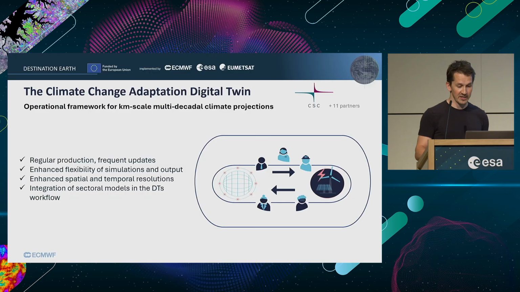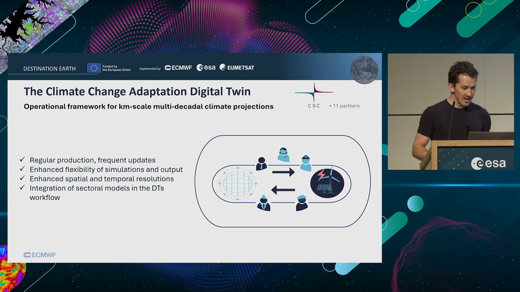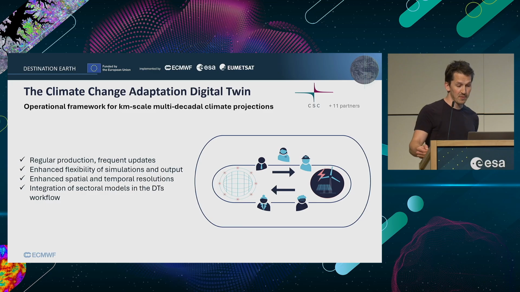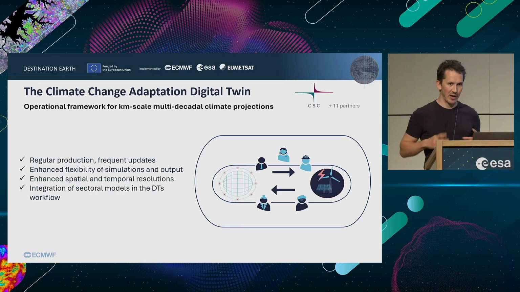So what's the climate DT trying to achieve? Well, there are a few key features. So first of all, we're moving to regular production and frequent updates. So that ensures that the models are always following the state of the art and provide high-quality information. We also have a very standardized system for the simulations and the outputs, but that also allows flexibility. So since we have a well-defined system, we can also modify it based on user requirements and run special simulations